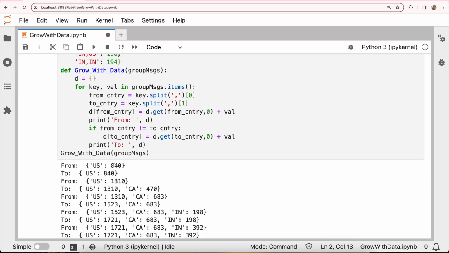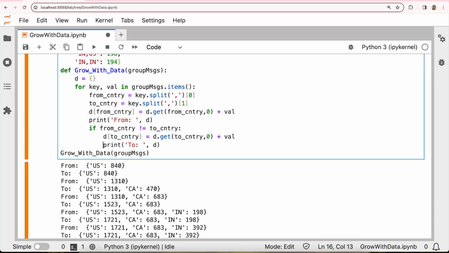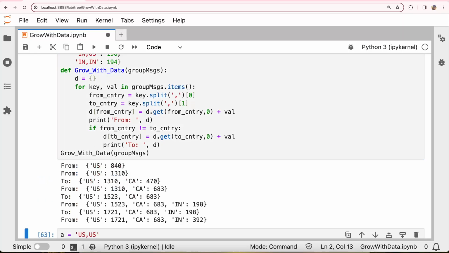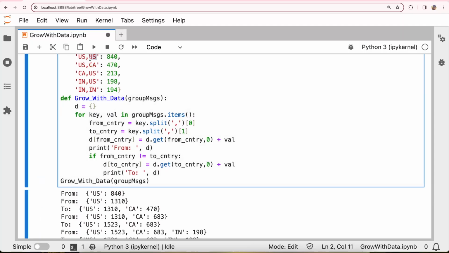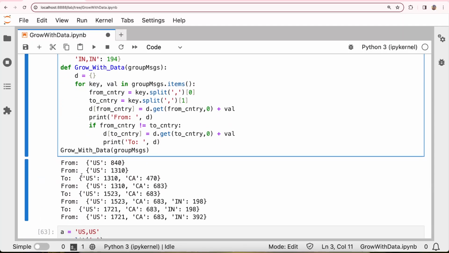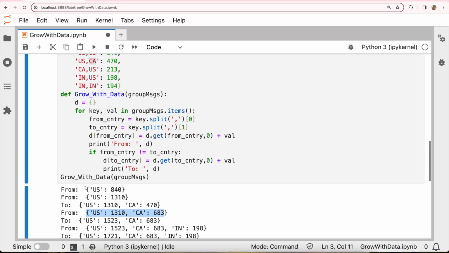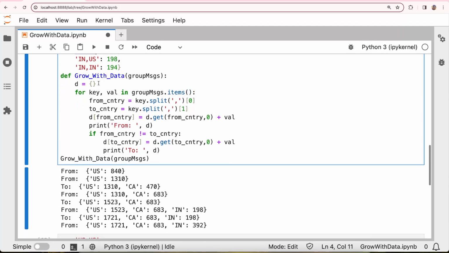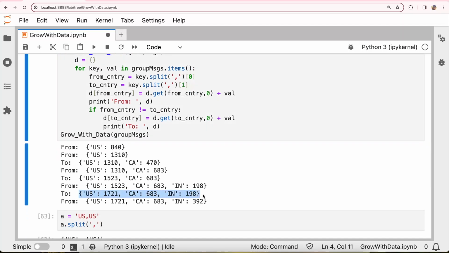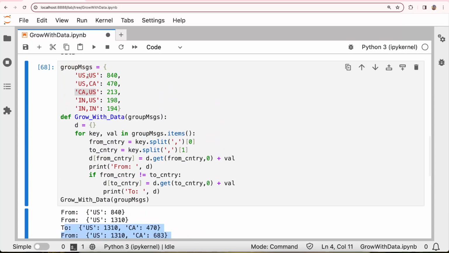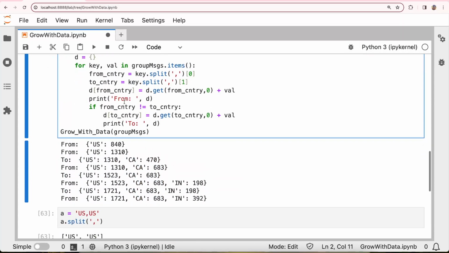So from 840, the 2 also, we can just say it inside. Okay. So 2 is also US for the first one. So you don't go inside the 2. The second one is US, Canada, and then next one is from, and then the same, right? We have the US and Canada already exist. And third one, it goes into the 2 because India is the new one. Sorry, from added and then it goes into the 2 part of it. Okay, so this is how you split the string and consider the 2 different elements and you manipulate the dictionary